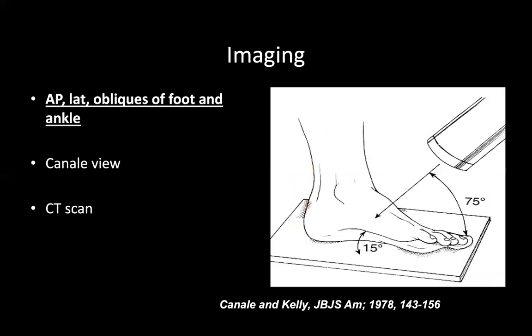In terms of imaging of the talus, you're going to get your standard views of both the foot and the ankle. So the AP, mortise, and lateral of the ankle, as well as AP, oblique, and lateral of the foot. Obviously, the lateral of the foot and ankle are the same view, but it's 5 views typically to fully evaluate